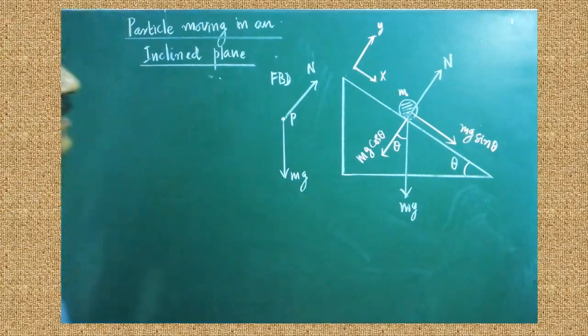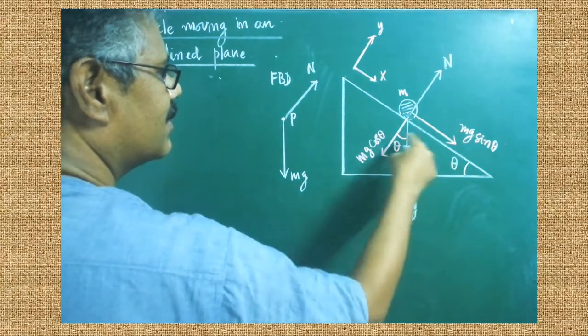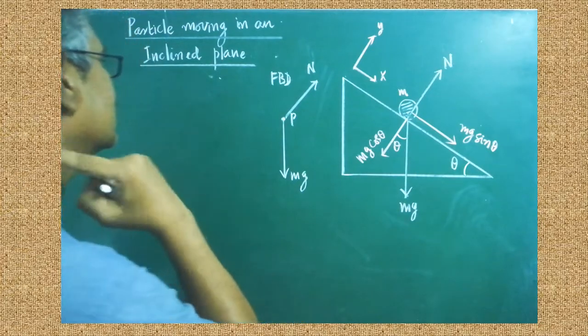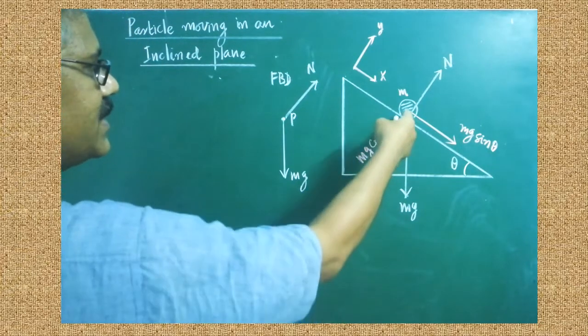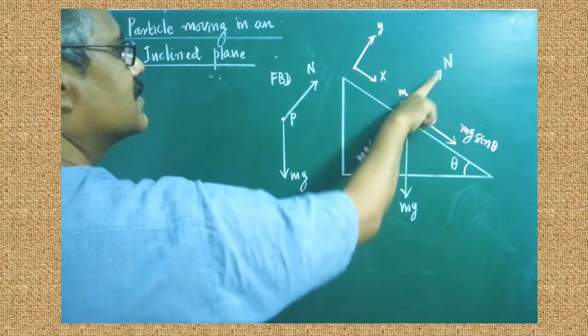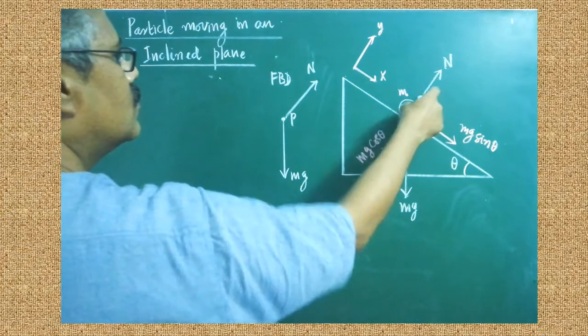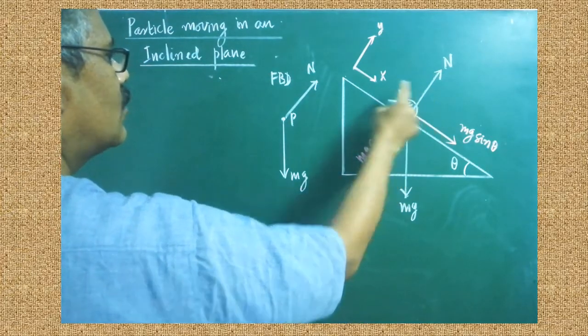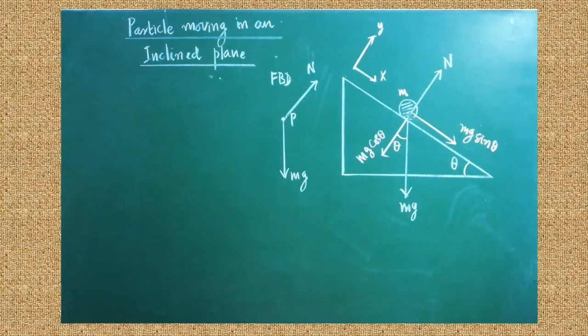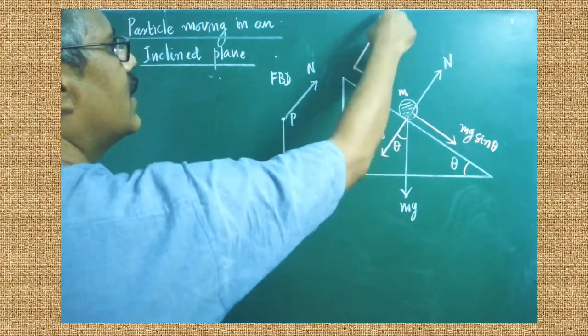In the second lesson itself we learned how vectors can be resolved. Gravitational force is also a vector, therefore we have resolved the vector into two components. See the direction of mg cos theta, this is acting in this direction. Just opposite in direction, the normal force is acting. Are you clear? Now these can be taken into account and written in the form of an equation.